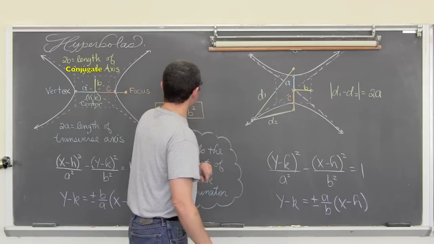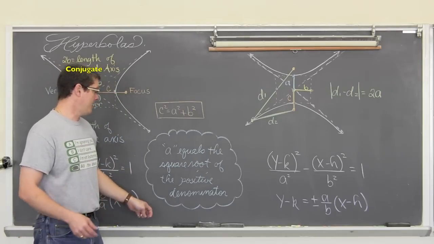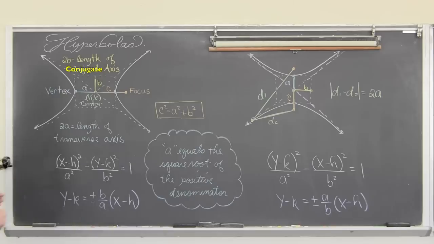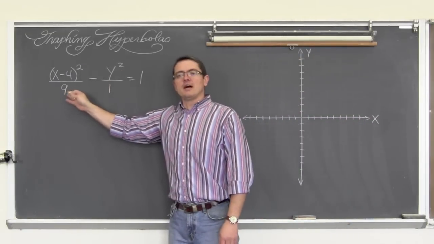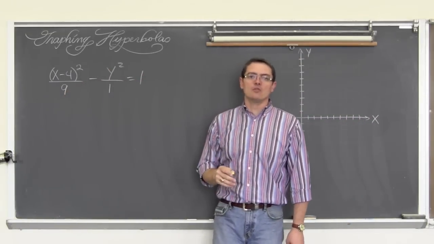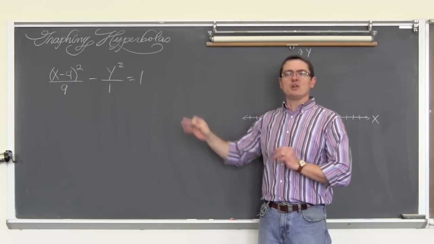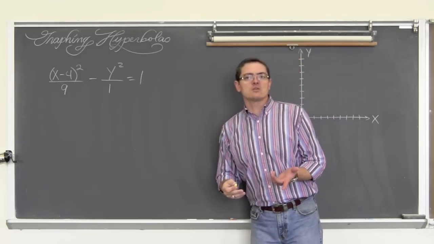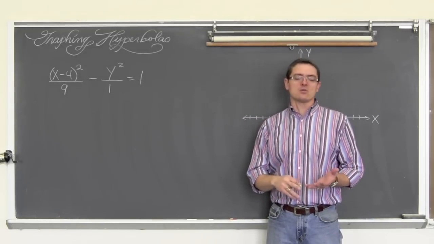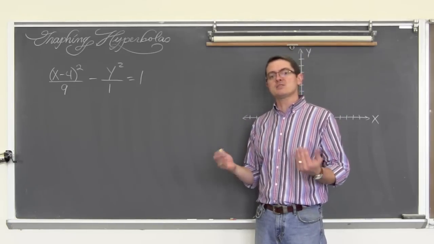Except now instead of 2a being the length of the major axis, it's the length of the transverse axis. So, that's a horizontal hyperbola, that's a vertical hyperbola, and let's get some examples done. Bam! Woo! I love this stuff. So here we have our first of three examples. (x minus 4) squared over 9 minus y squared over 1 equals 1. This is already in standard form, so as soon as we pull a little bit of information out of this equation, we'll have the graph. And we'll also need to make sure that we list off all the important information like the center, vertices, the foci, and the asymptotes.